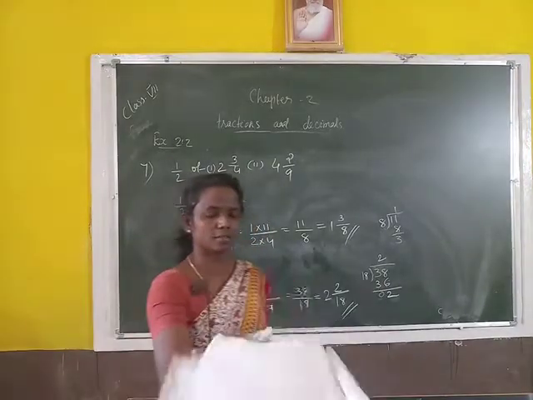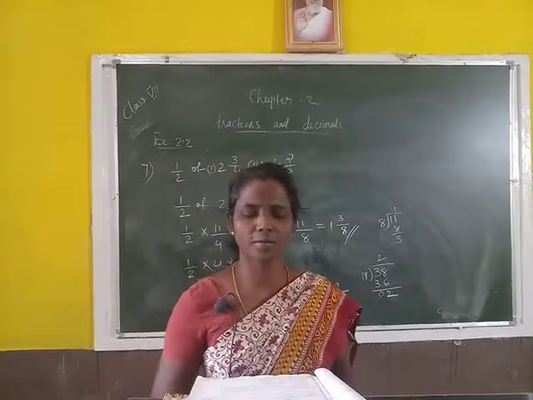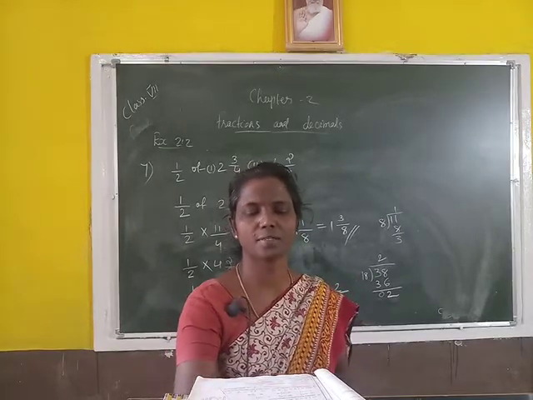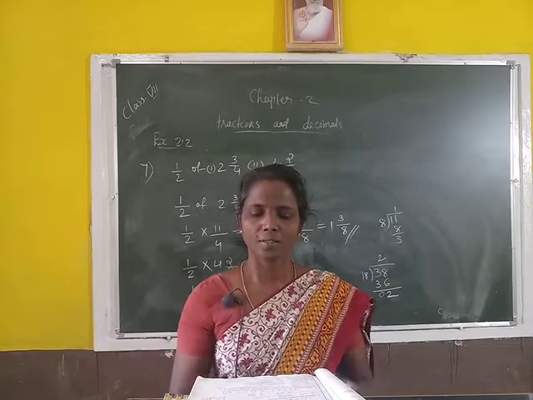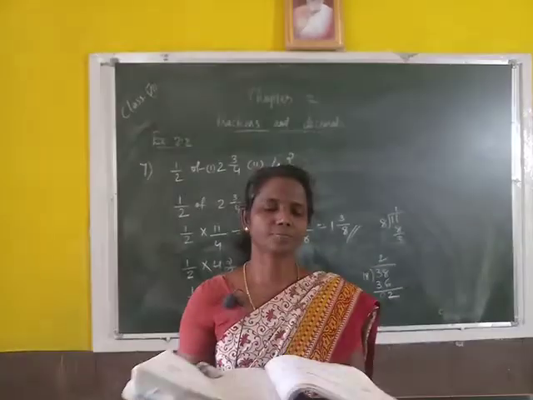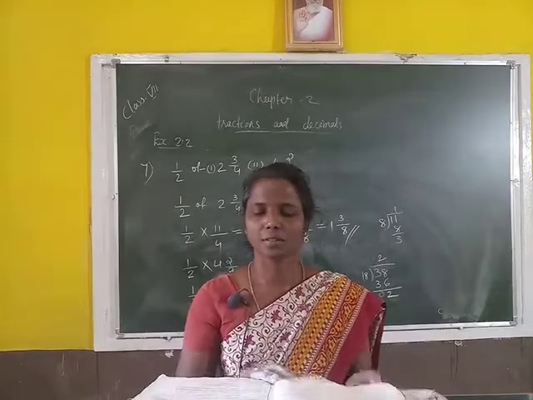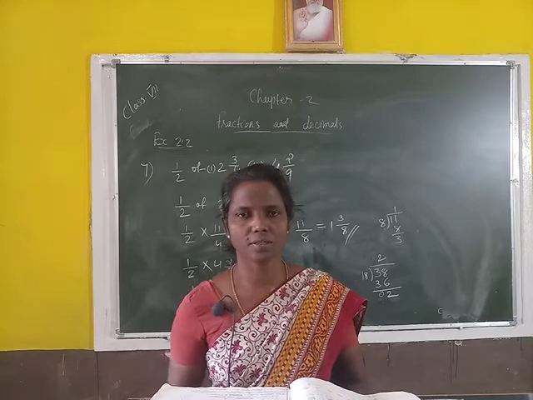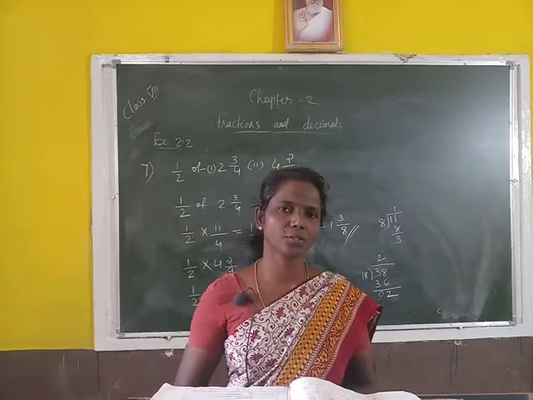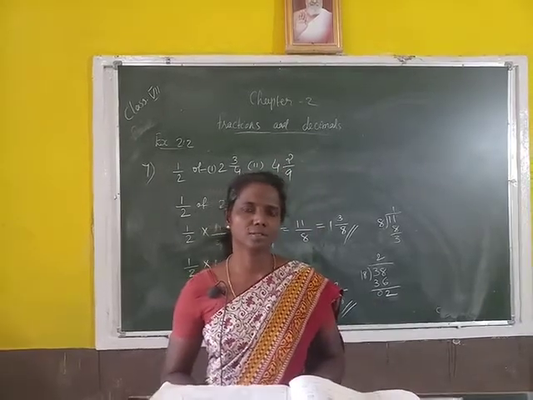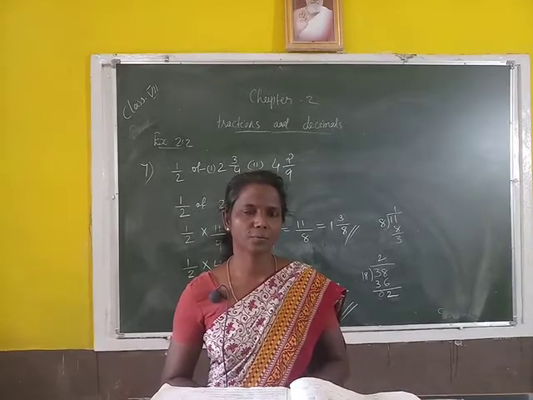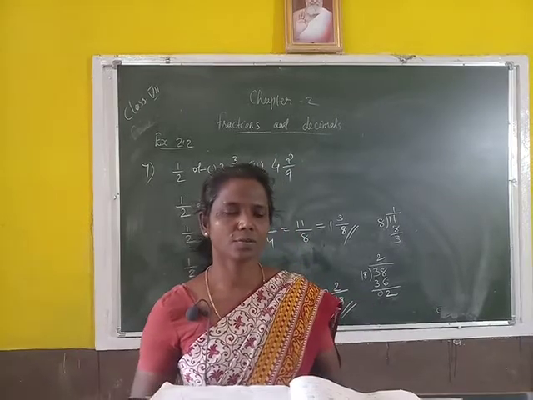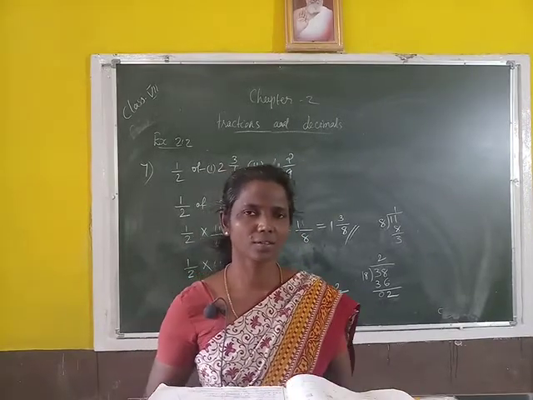First question this. The next question number 8. This is a weights problem. You read the question carefully and find its answer yourself. Then exercise 2.2. Balance all the questions you should do yourself, and in this exercise 2.2 all the questions you should write in your fair copy. Copy the questions and solve yourself and write in your fair copy. Is it clear? Okay, thank you.